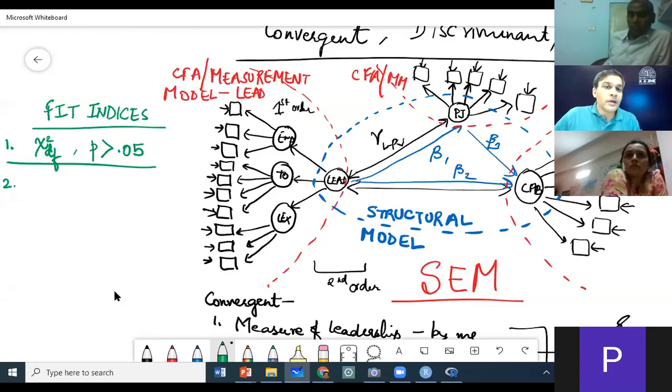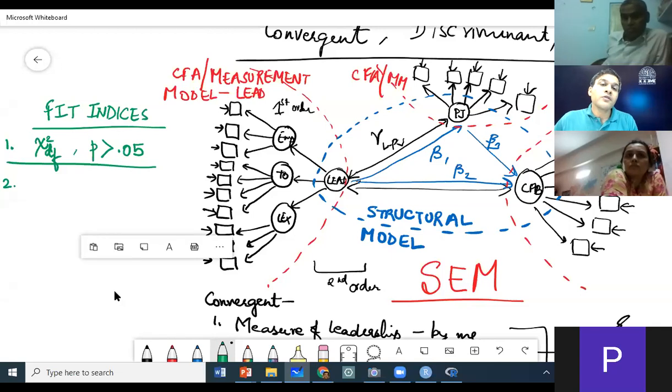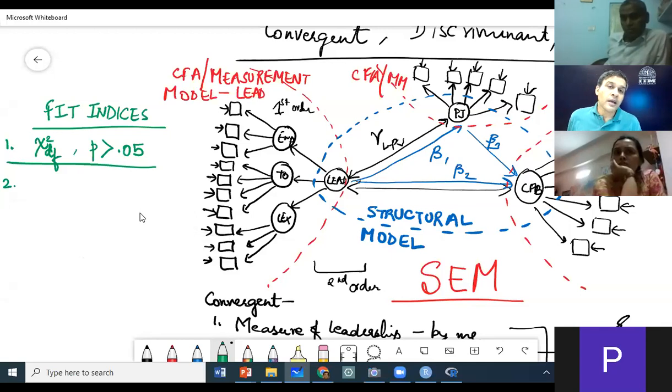I don't agree with this contention. Chi-square fails when models become complex. You will see this test, test number one, start to fail as you make more complex models for your analysis.